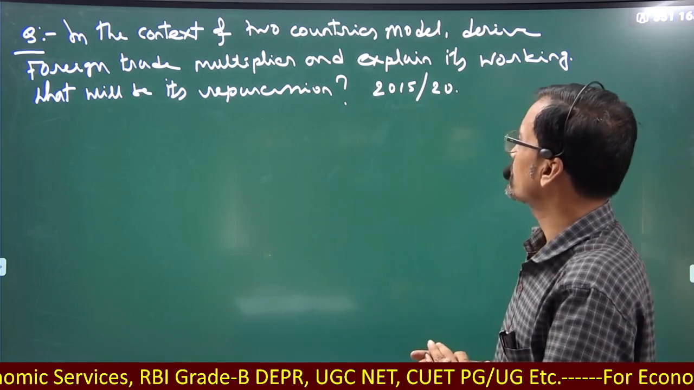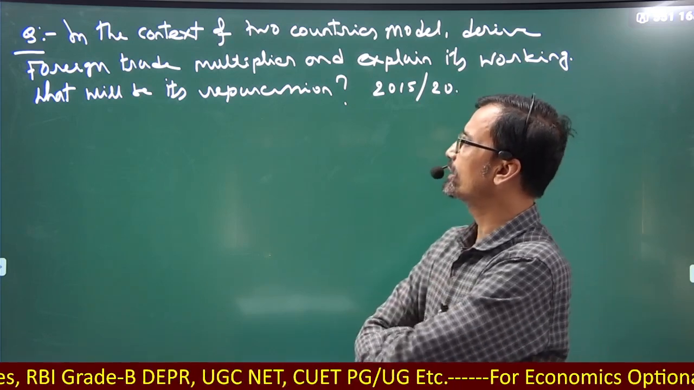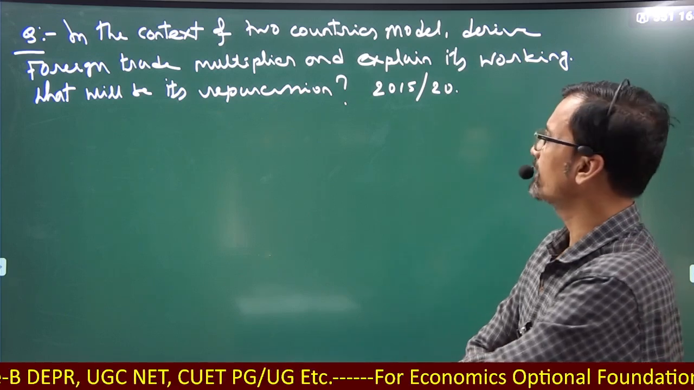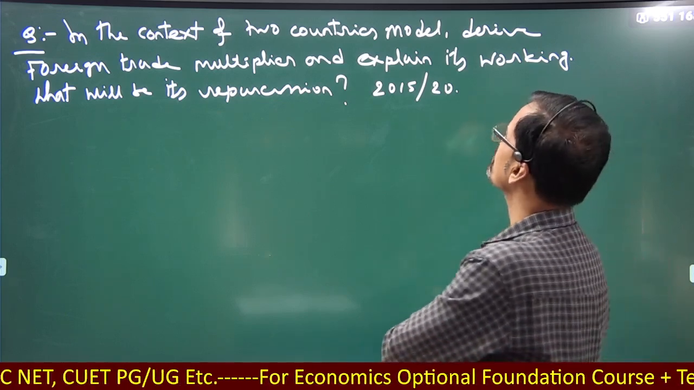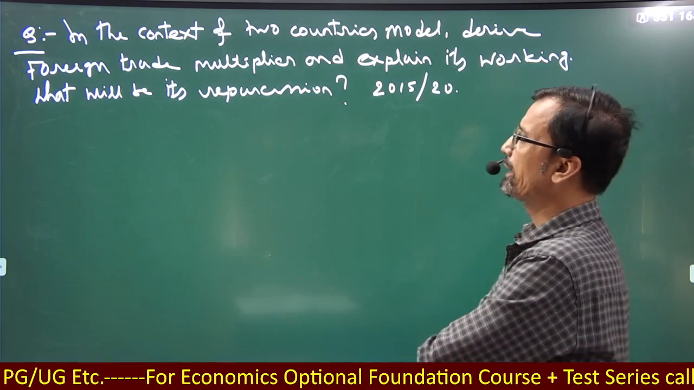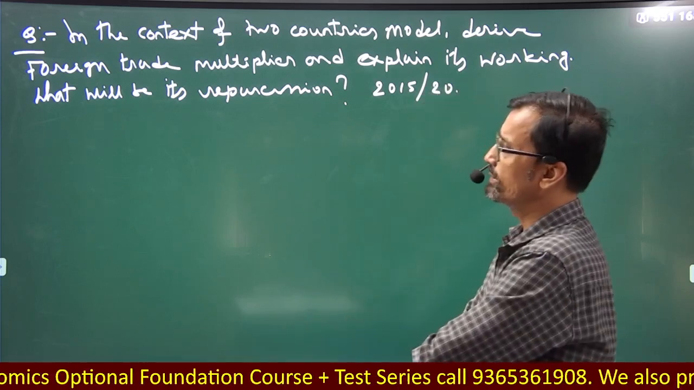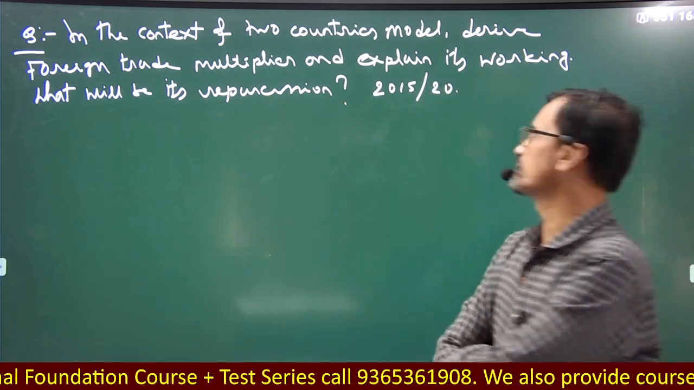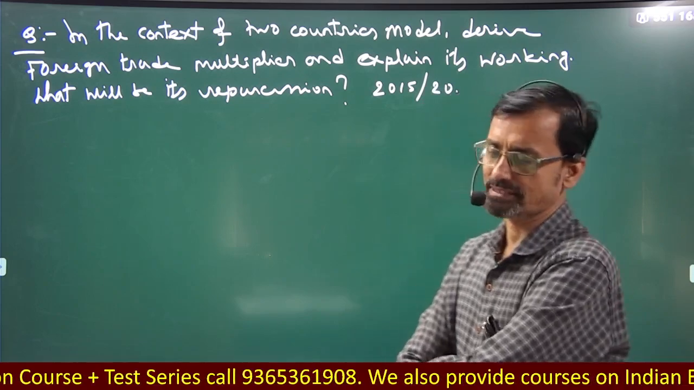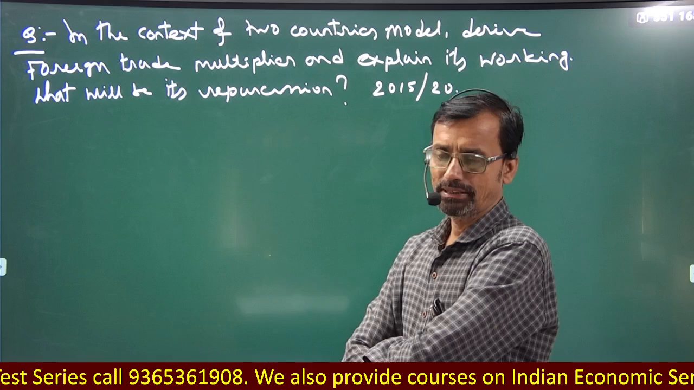So, one question was asked in 2015 in the context of the foreign trade multiplier: in the context of a two-country model, derive the foreign trade multiplier, explain its working and what its repercussions will be. It was a 20-mark question asked in 2015. Let's discuss